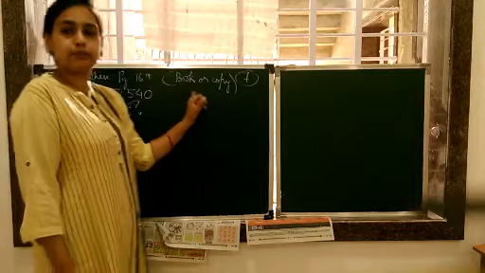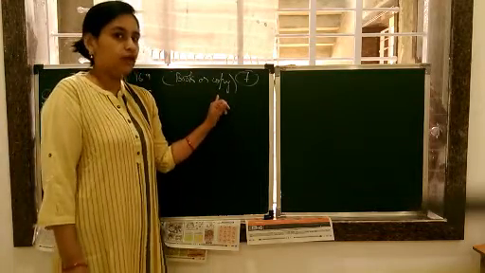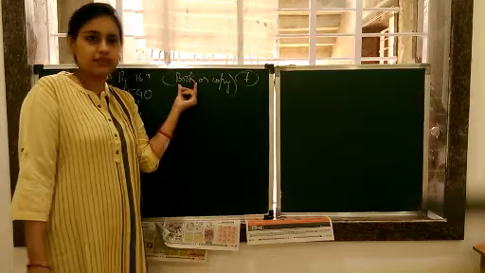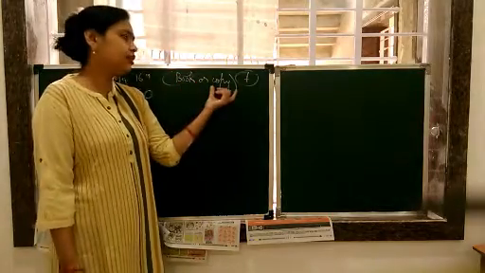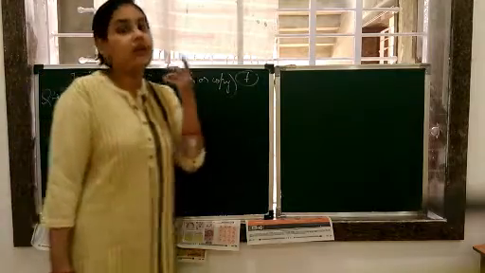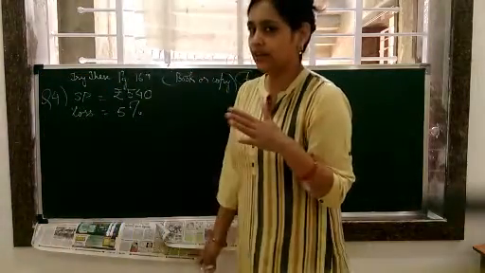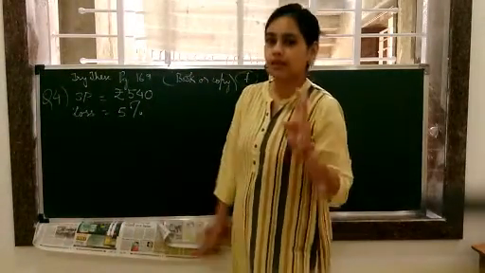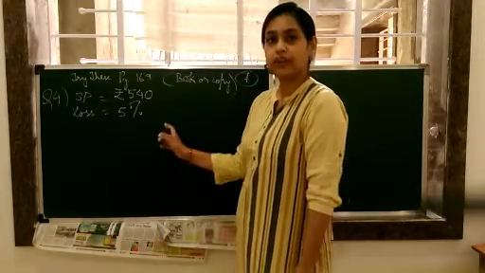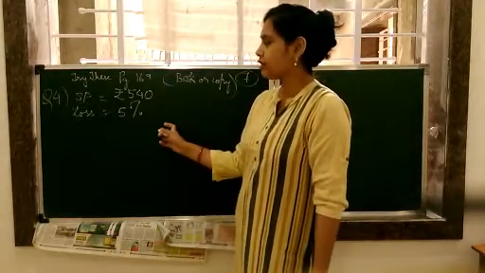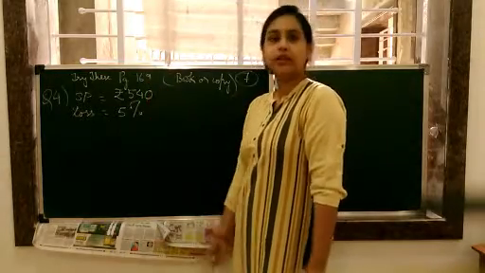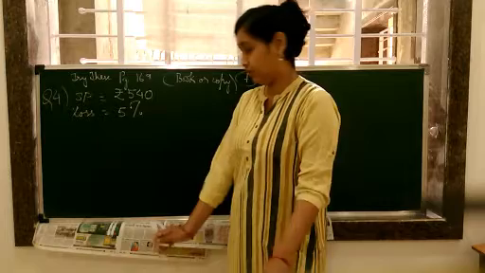Children, you can do it in book or in copy wherever you find place. If you feel you can complete this in the book only, you can write in the book. Otherwise, you can continue in the copy. Try This, page 169. In our last class in the Zoom meeting we did 3 questions, question number 1, 2 and 3. We have to continue with the 4th one, so today we are starting with the 4th one. Wherever you did your 1, 2 and 3, you do your 4. I have no problem.